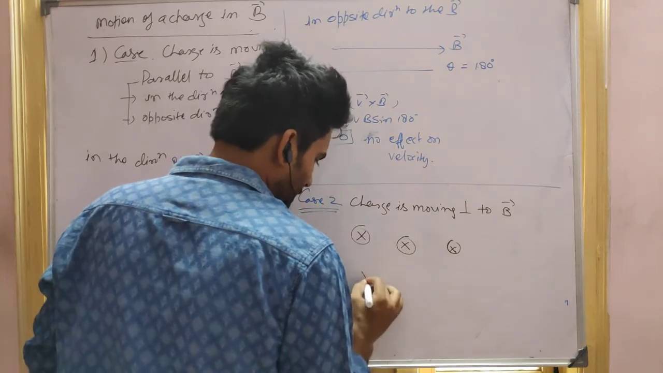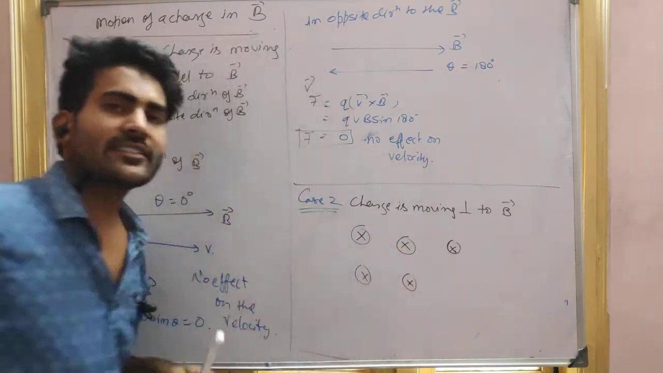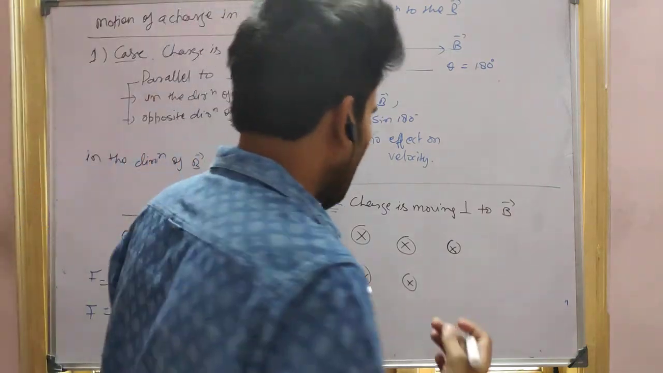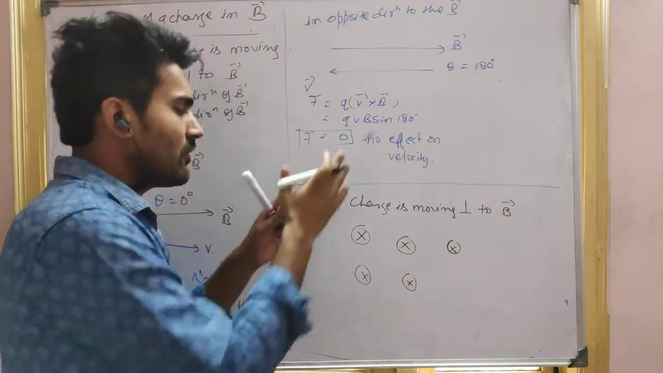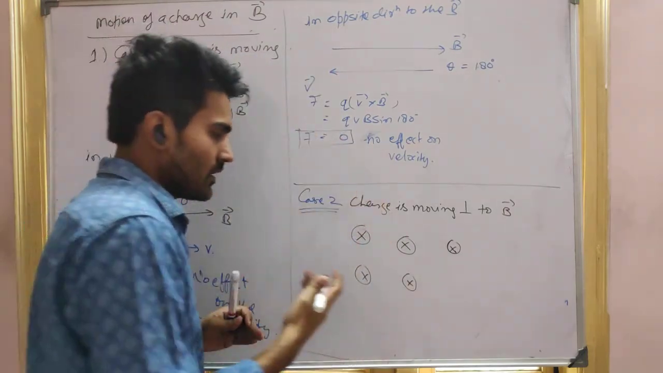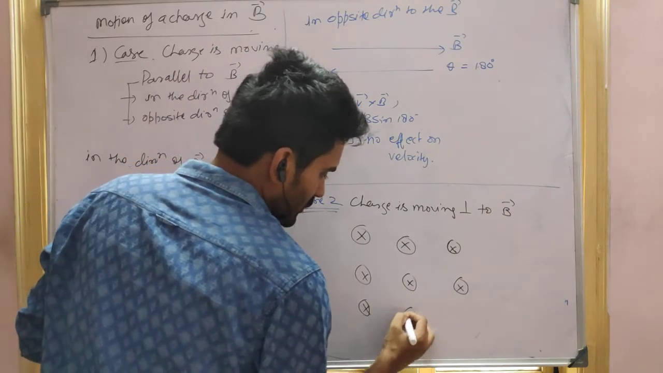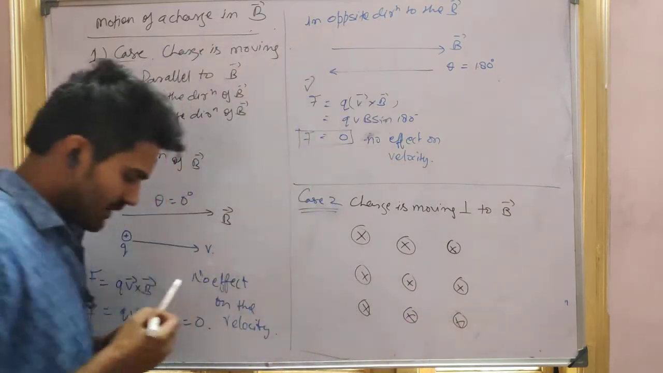What is this sign? The field is inside the magnetic field, right? I mean inside the plane of paper. This is the plane of the paper. The field is going into the plane, right? So it is a cross. Let us suppose